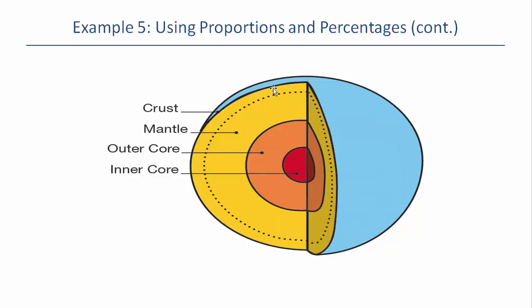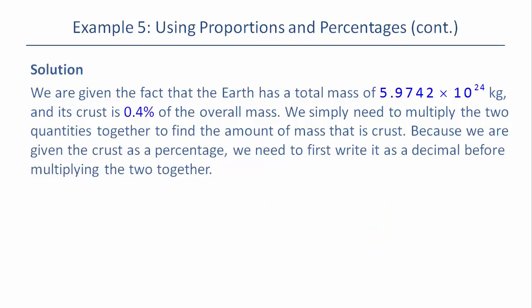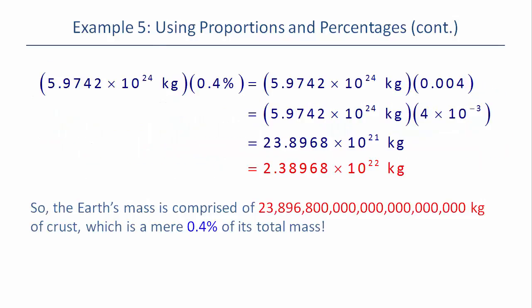We're looking at this little tiny crust at the top. And if we want to figure out how much it weighs, all we have to do is take 0.4% of this total mass. And the nice thing about scientific notation is you can actually work with it that way, right? Because scientific notation is literally multiplication. So this is this number times this number, and then we're going to multiply it by 0.4%, which